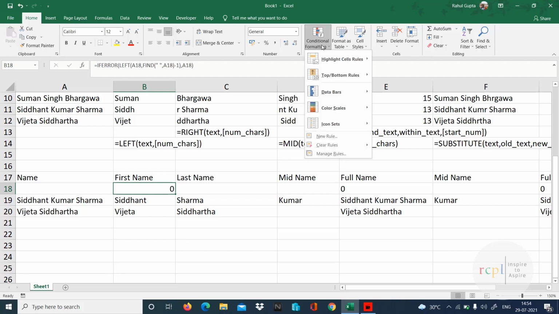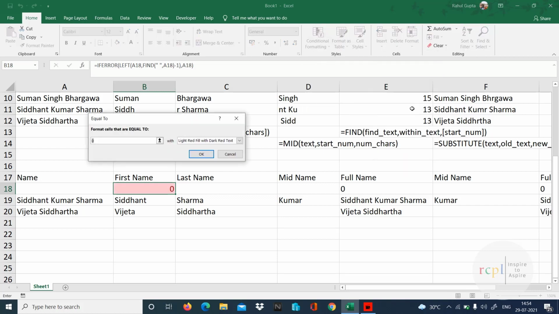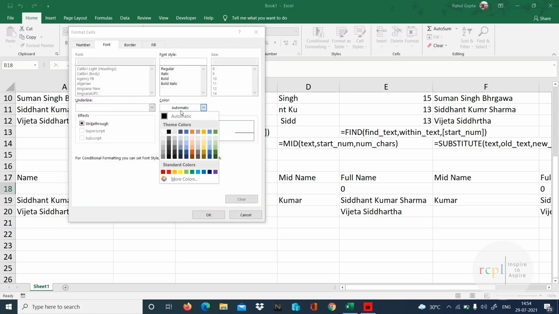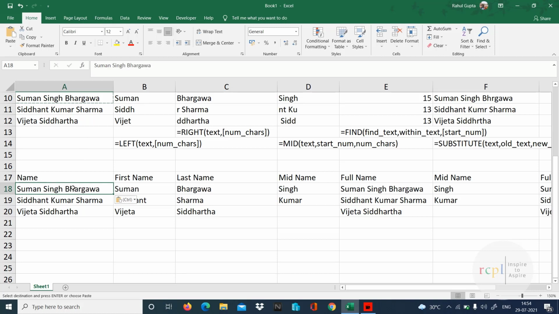Go to conditional formatting, highlight cell rules, equal to 0, then go to custom format and make the font color white, because the background is white and the font is also white. Okay and okay, finally removed. So this is how we can do it. Rest, when we are having the data, we don't have to think about it, we'll get the data.